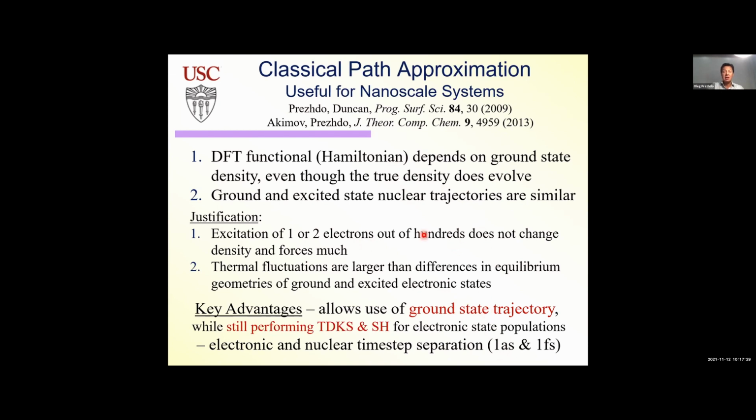And the second is that we assume that the excited state trajectory is very similar to the ground state trajectory because it's usually driven by fluctuations. There are examples when we do use excited state forces. For example, we do constrained DFT. We did this for methanol dissociation on TiO2 and other examples. But in the majority of cases, what matters are thermal fluctuations. And in this case, we can use a long ground state trajectory, compute non-adiabatic couplings along the trajectory, and then evolve quantum dynamics. So the density evolves, the populations evolve, but the trajectory is still the ground state trajectory.